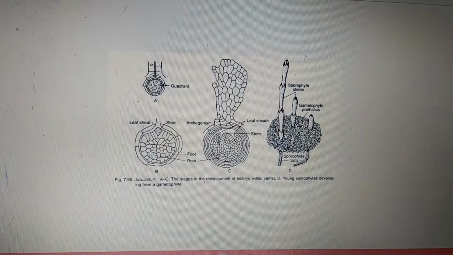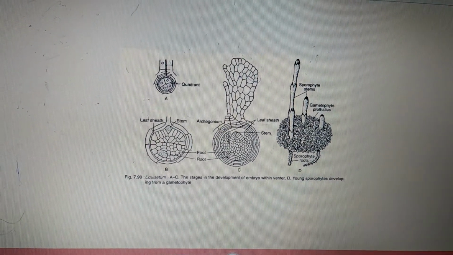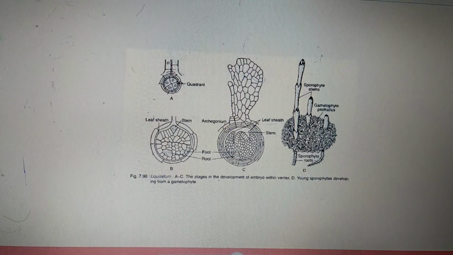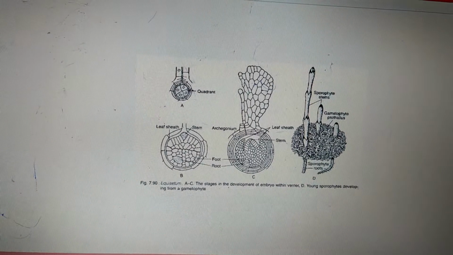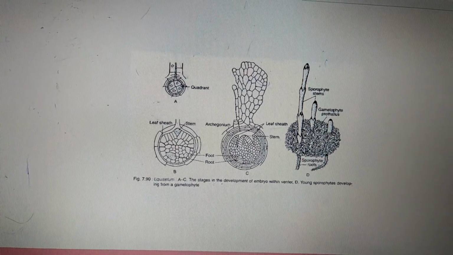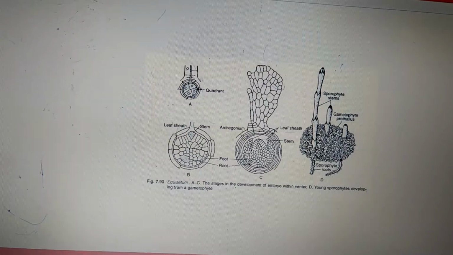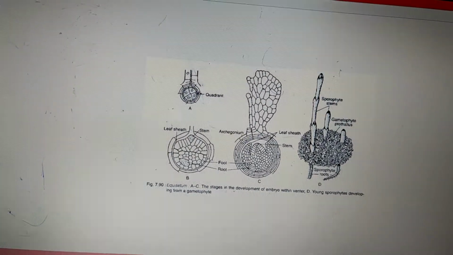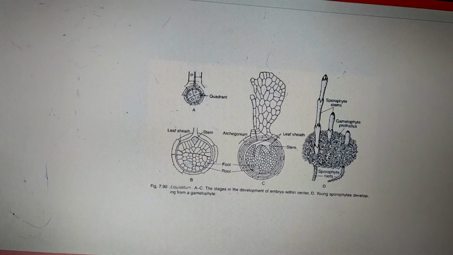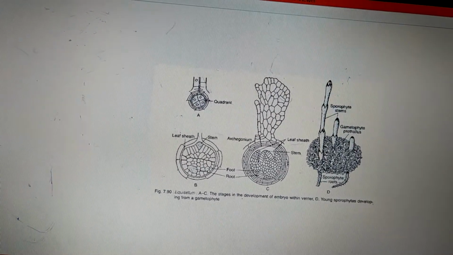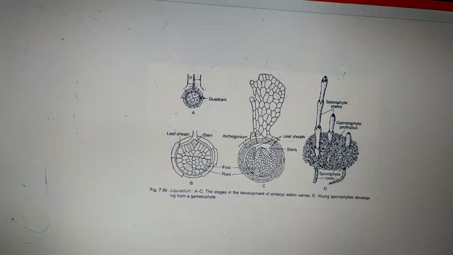Such antherozoids swim in order to reach the archegonia. The neck canal and the ventral canal cell of the archegonia disintegrate to form a passage for the entry of antherozoids. Many antherozoids pass through this canal of the archegonium, but only one of them fuses with the egg, leading to formation of the diploid zygote. Formation of a diploid zygote is the end of the gametophytic phase and the beginning of the sporophytic generation.